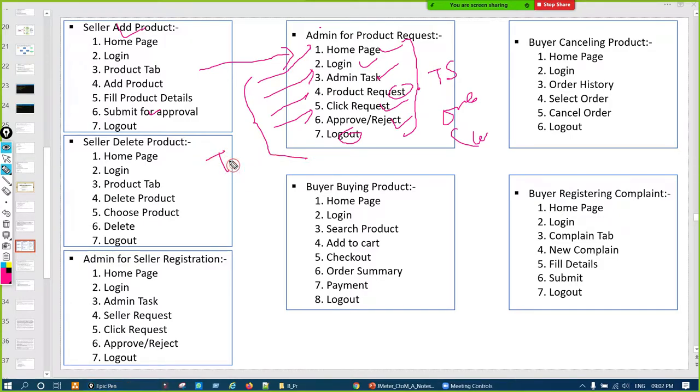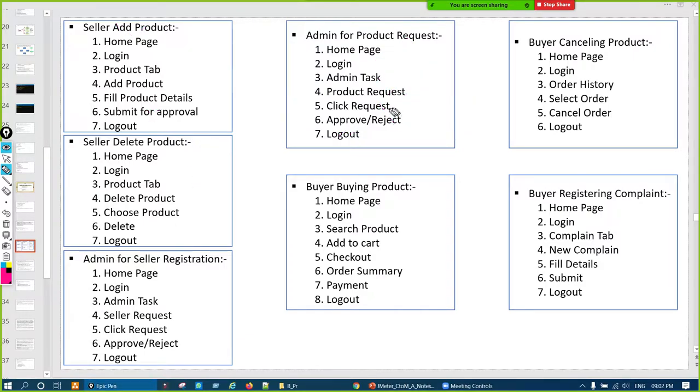In the performance testing world, we call them transactions or user steps, or test cases, anything we can call, but technically they are called transactions, okay. Same case, let us go to that. Just suppose some new seller is there who wants to join Flipkart, right?